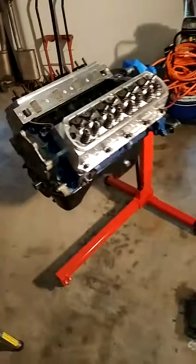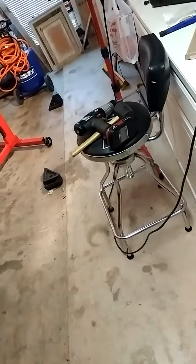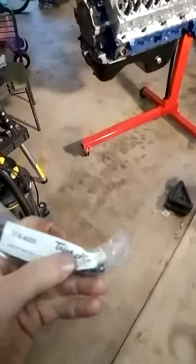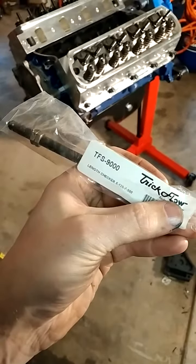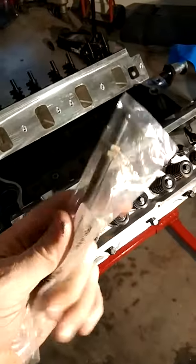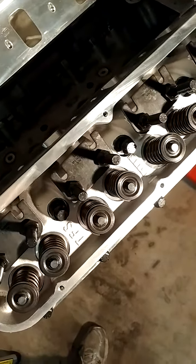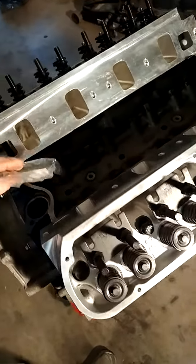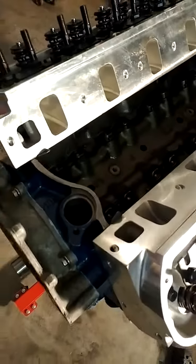I'm going to use a tool that I picked up at Summit for $15. This is the TrickFlow length checker, and I bought it for the lengths that I thought I might end up with. It says there's about 6.1 to 7. There it goes, focus a little bit. And so I'll adjust this out, and this will slide down into the, I believe these are 5/16 guide plates, and then I'll set that on my rocker, and that'll give me, as I adjust the rocker,